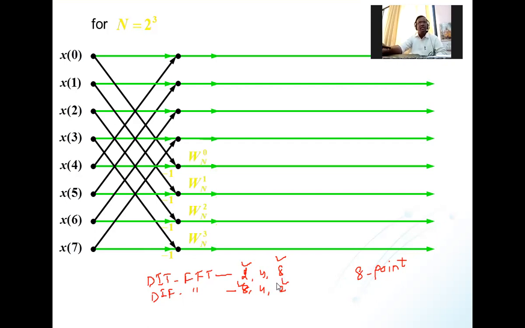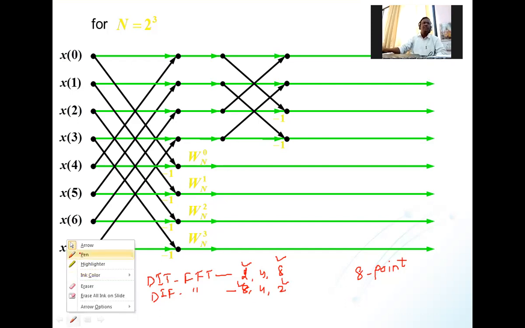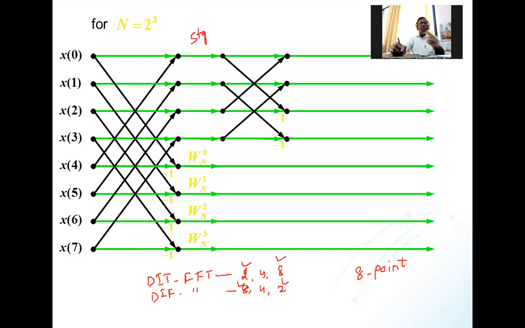So here, this is the calculation we have done, and this we are calling a stage 1 computation. So here we are going to calculate a stage 1 computation for this. This is stage 1 computation we are calling here.